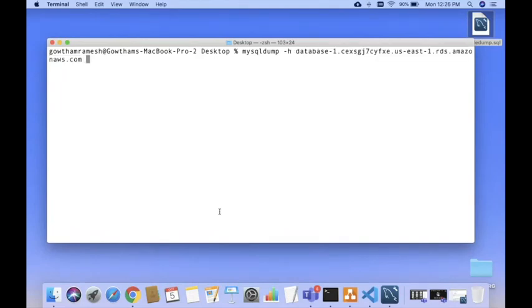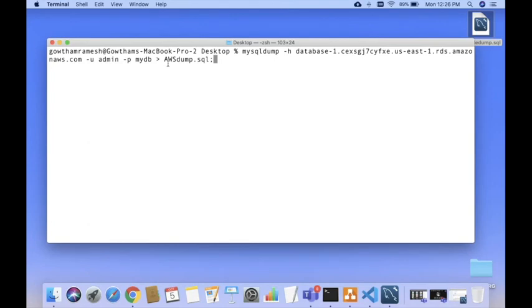Okay, then the username in the remote RDS is admin, and you supply the password. And which database you wanted to take a snapshot of, you specify the database name. So MyDB is the database which already exists. And you create a dump. Okay, so for example, I'm going to create a dump called AWS dump.sql.